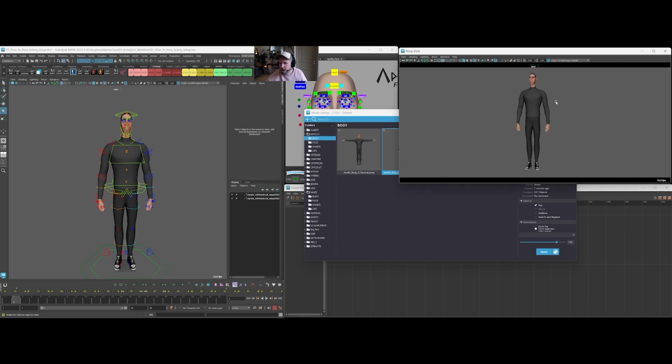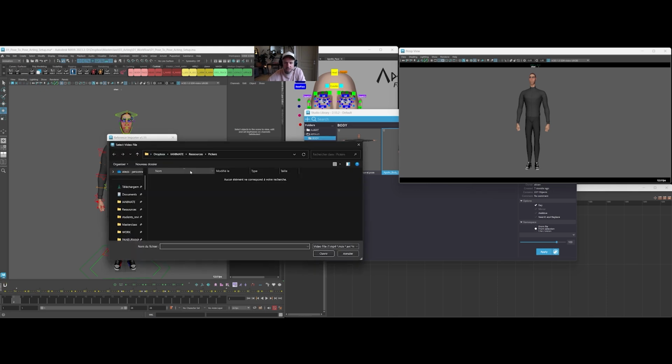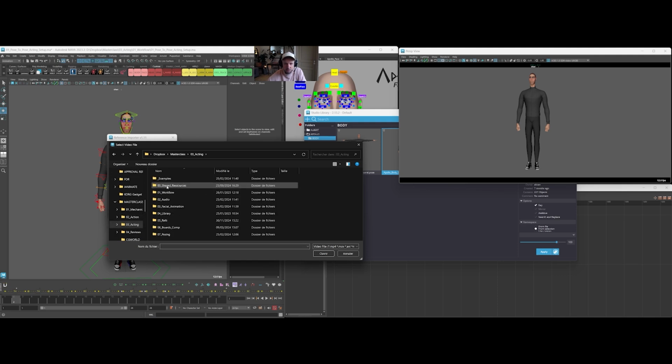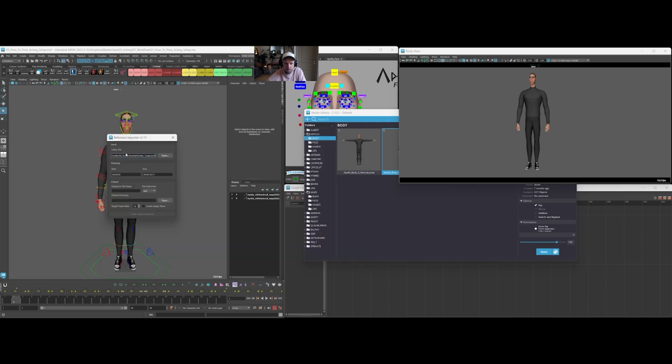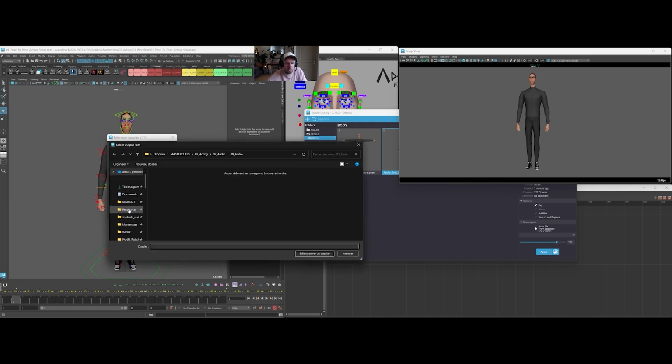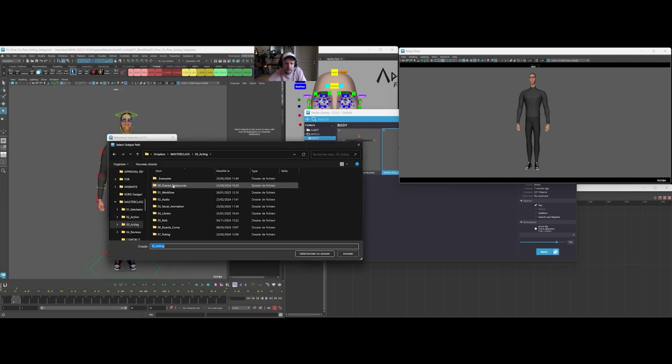So once I have my camera and my character, I'm going to need to put my reference. For the reference, I use the reference importer, just as we've seen in the other things. I'm going to go and find my actual reference, which is the workflow. So I open the file, then it's going to be from 0 to 10. I'm going to name it acting ref, or whatever I want to name it for this shot. I'm going to save it in the same acting shot in general,